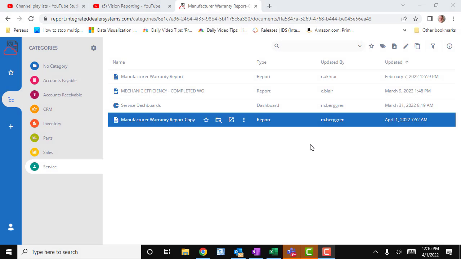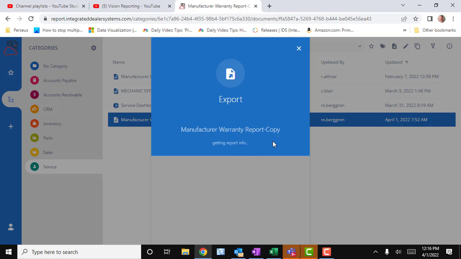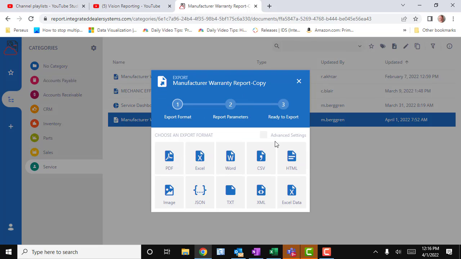Well, let's get to it. Pick the report you want to export, click on the three dots, and then click on export. I want to cover the advanced settings first before we go into file formats, but these are the file formats that I alluded to in the very beginning of this video. But in advanced